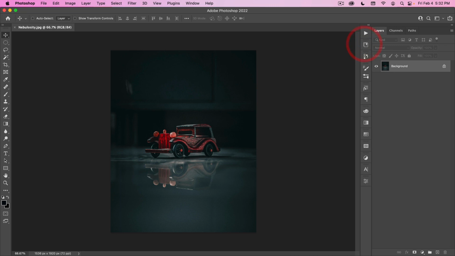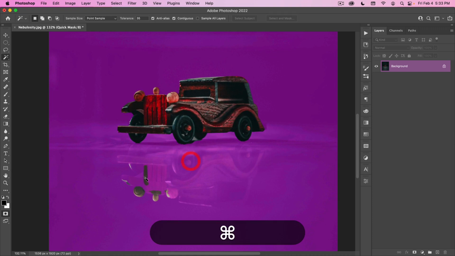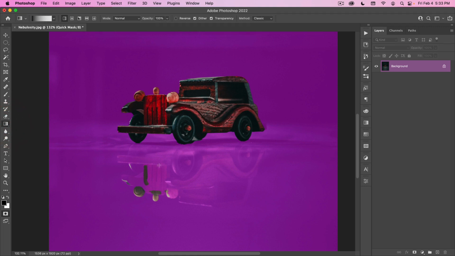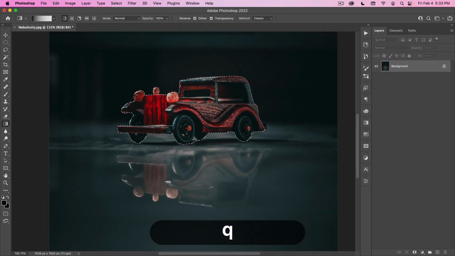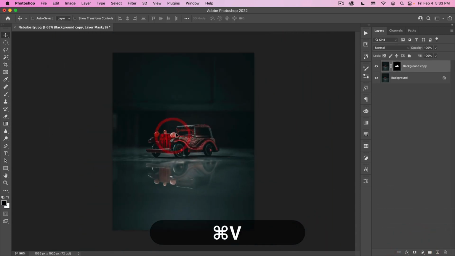What I'm going to do is first just select this out of the background. So again, we'll use select subject. It should do a fine job. If I hit Q, that's going to give me a quick mask, and I can see what it selected that it shouldn't have. One of my favorite tools is the gradient, as you've probably seen. What I can do here is just use my gradient to select out anything there. So now I just have this selected, which is what I want. I'm going to make a copy of this layer and add a mask to it.